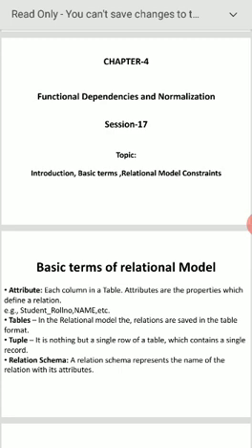Degree. What is the meaning of degree? The total number of attributes present in the table is called degree. Cardinality is nothing but the total number of rows present in the table.